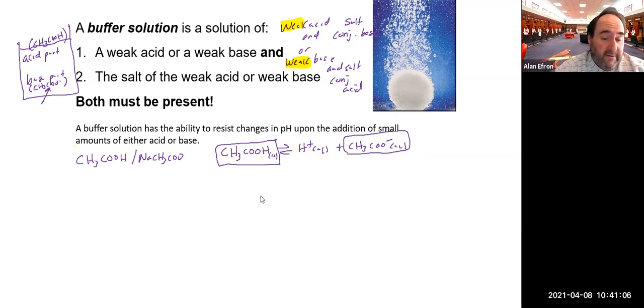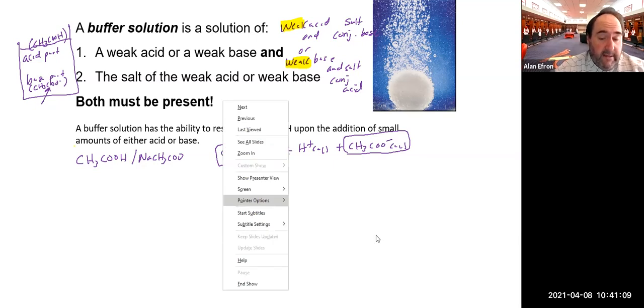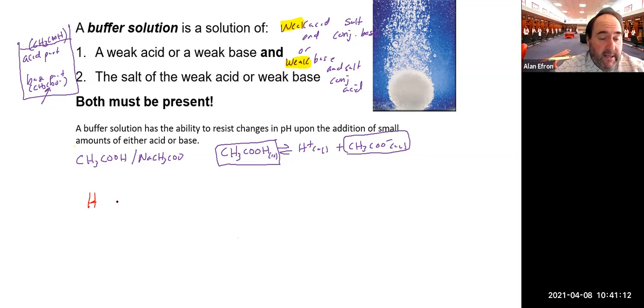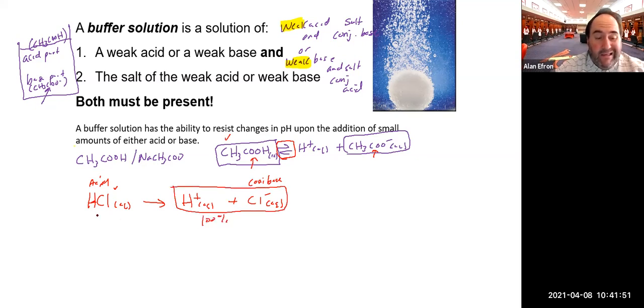So the reason for that is, for example, if we look at something like, say, hydrochloric acid, which is obviously a strong acid, when it goes into solution, it's going to break apart into H+ and Cl-. And you may say, well, isn't this an acid? And isn't this its conjugate base? And the answer is, yeah, it is. But the difference here between, say, acetic acid and our hydrochloric acid is when acetic acid goes into solution, it's a reversible reaction, which means it mainly stays here, but we do produce some of these guys. In hydrochloric acid, when it goes for a swim, we're producing 100% these guys and like none of these guys,